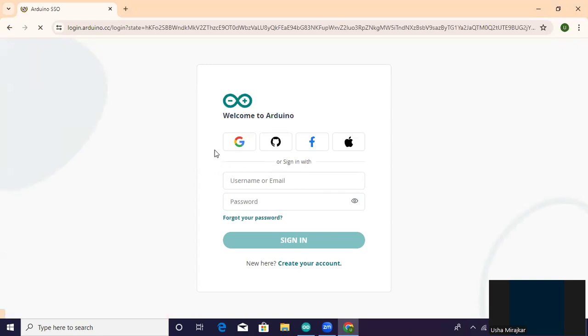Here you can sign in with the different accounts or using the email and the password. Sign in.